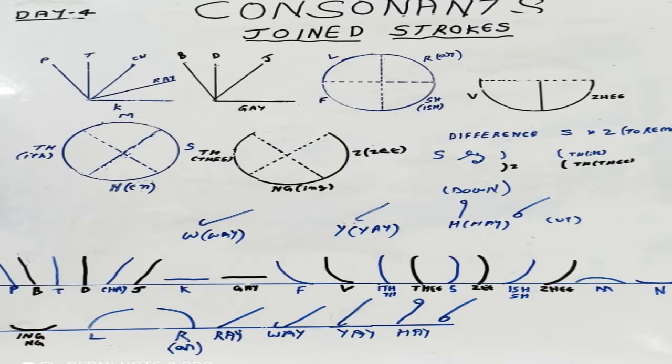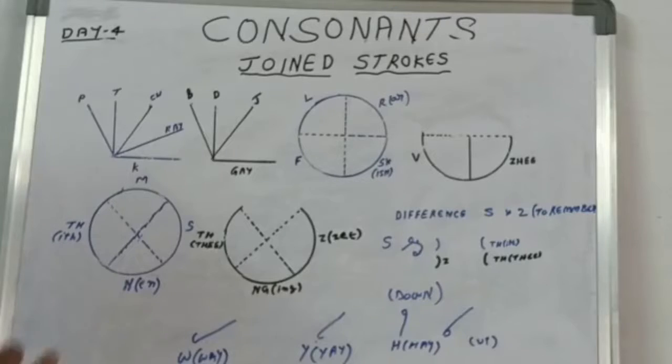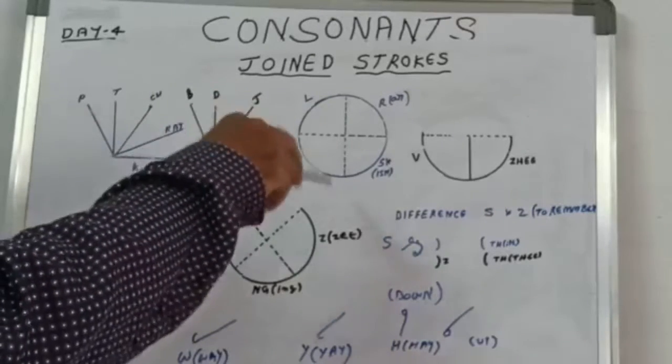Pitman shorthand is phonetic. Words are written according to their sound by means of a stroke character. The strokes are 26 in number and each stroke has a distinct name and value. We have already discussed that to represent the consonants, there are mainly two elements, a straight stroke and a shallow curve.